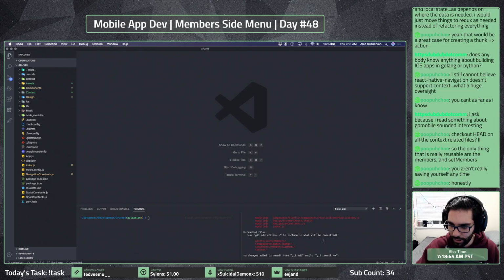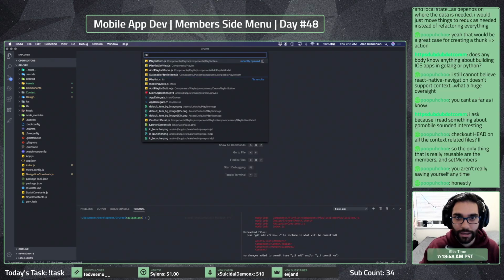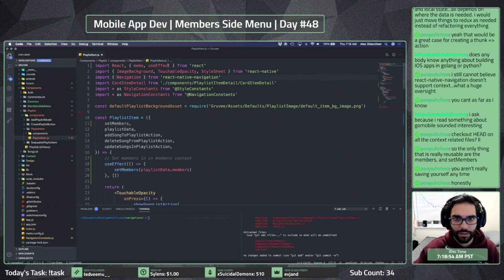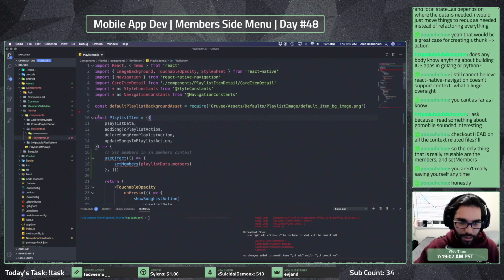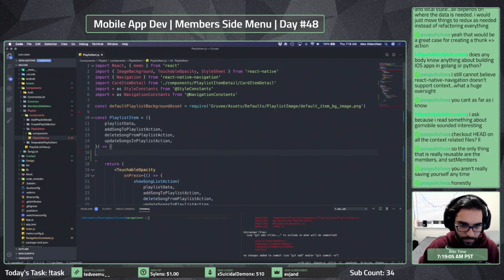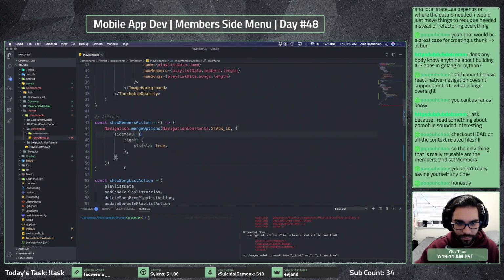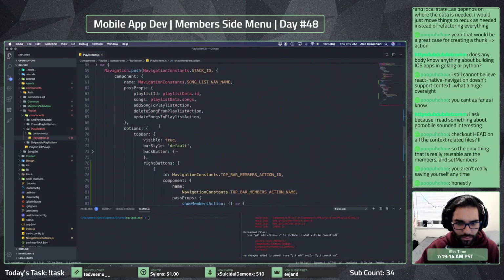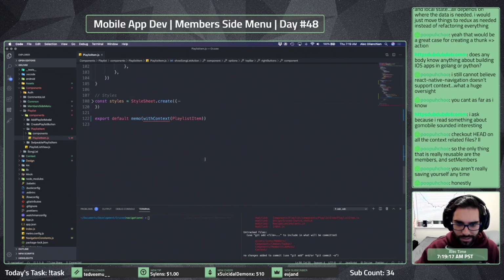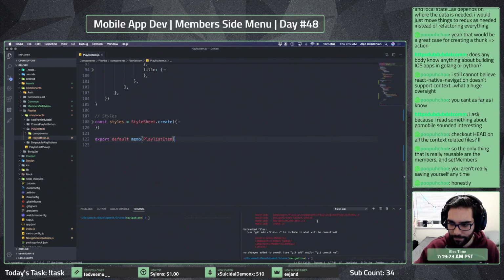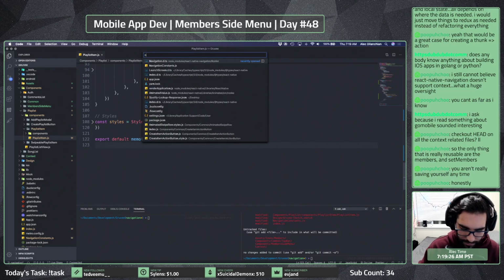Git status. Okay. So again, playlist item with context. See you later, friend. The useEffect we'll remove. Set members, see you later. Show members action, we need that. Okay, and then we have navigation constants.